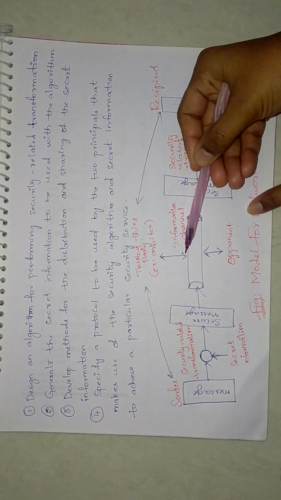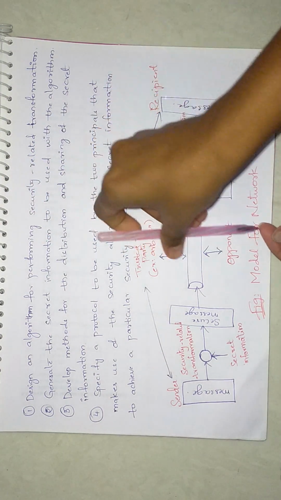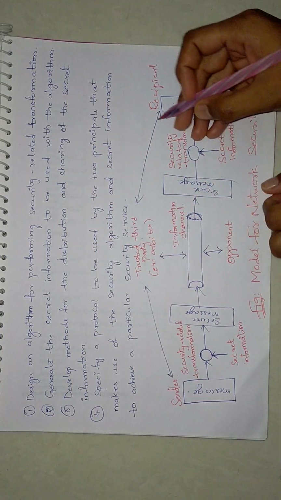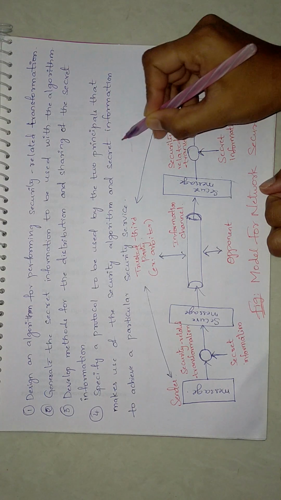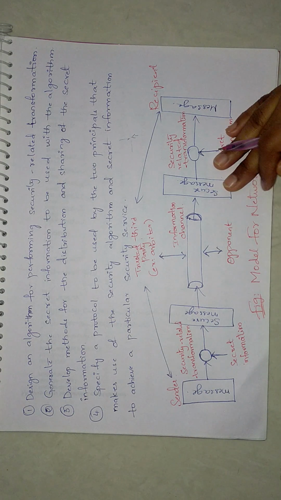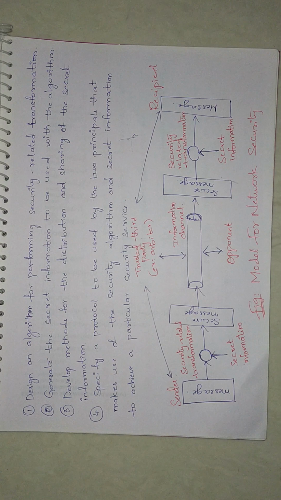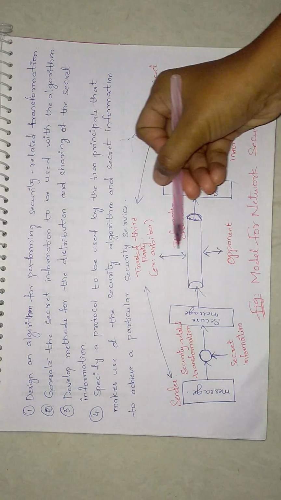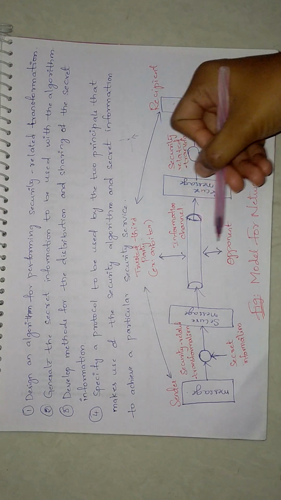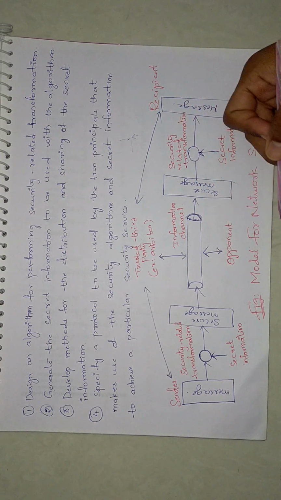So the trusted third party and the opponent will be on the same level. They will be on the opposite side in the sense that it doesn't mean when the data is going here, the trusted party will be here and the opponent will be only on this side. That's not what I meant. Their acts, their services will be completely opposite. One will try to hide the data, secure the data. One will try to modify the data. They'll try to desecure the data. So that is what I meant.